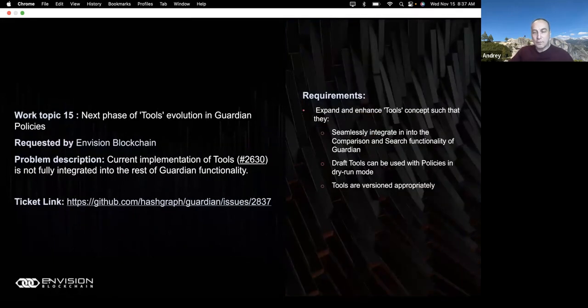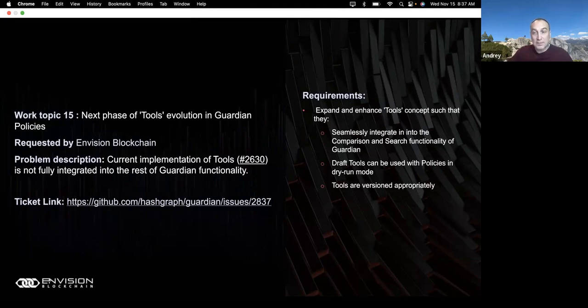Yes. So we've been working very hard on a fairly new concept to Guardian, which is tools, which is compatible with the UNFCCC concept of tools. And in terms of all Guardian concepts, it's something in between the policy module and the policy. It's a higher level concept abstraction. The most probably fundamental feature of tools is that a tool can contain another tool, and tools are immutable when they are inserted inside a policy. It's effectively a reference to something that is immutable.